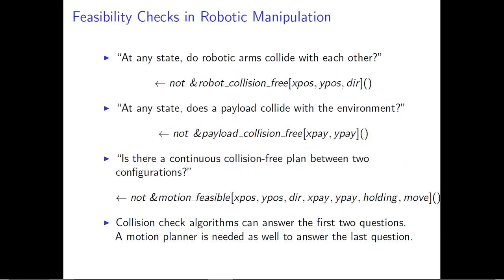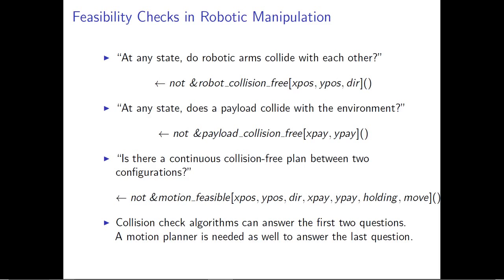So in this domain, there are various feasibility checks. We have state constraints, checking whether the robotic arms collide with each other. These are robots that are pantographs, so we need to check the collisions between robotic arms. And we need to check whether the payload collides with the environment, with the obstacles. Moreover, we can check whether the two robots that are picking and placing these payloads collide with each other